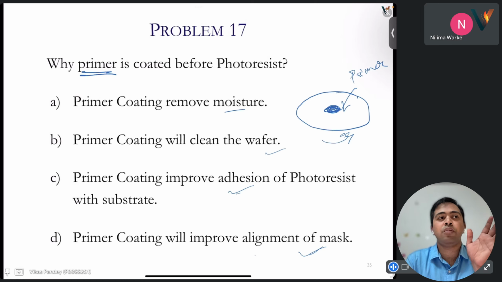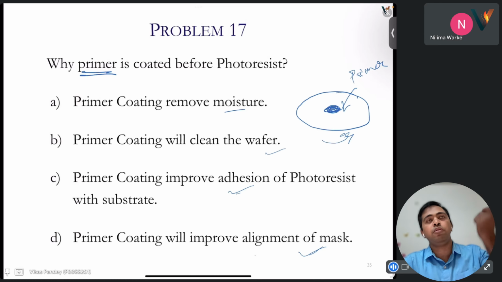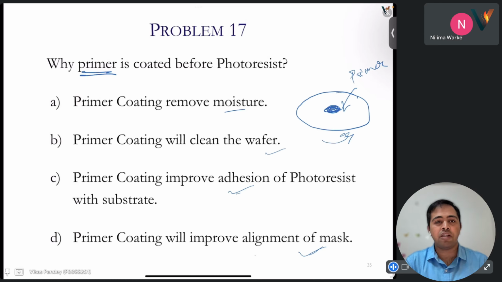Primer is very similar to the primer we use in our houses. Before painting, we put primer. What is the advantage of primer? It is a very thin coat, and you must have seen that if you are getting something painted and you don't use primer, the consumption of paint is higher. If you use primer, the consumption is lower because we can go for a very thin layer of paint after it. Okay, so very similar to this,